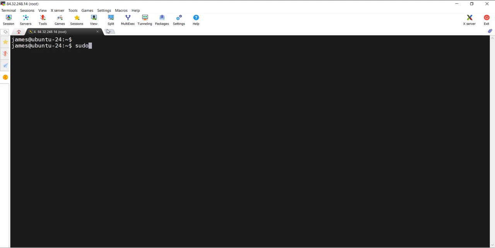So to do so, I'm just going to open that port. I'm going to run the command sudo ufw allow 443/TCP. Then I'm going to hit enter. Okay, as you can see, the rule has been added. Then I'm going to reload the firewall to effect the changes. So I'm going to run the command sudo ufw reload